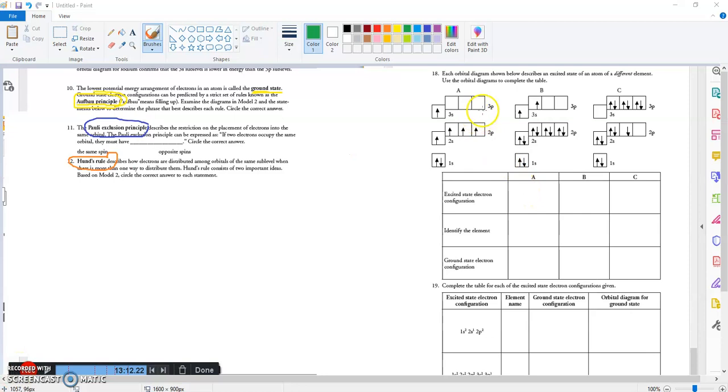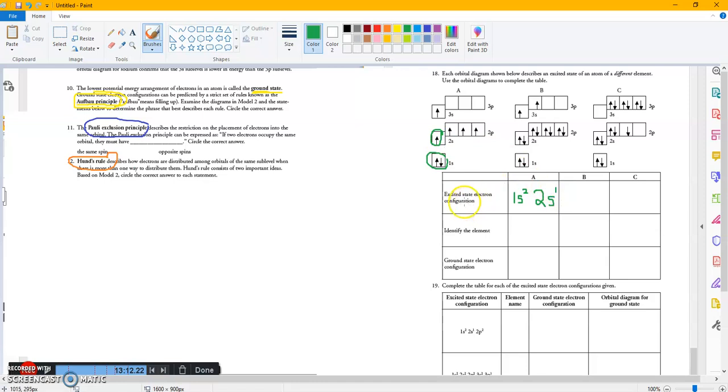All right, jumping down to 18. In this one, they give you an orbital diagram and they ask you to write these 3 things about them. So first off, excited state. In the 1s space, I look over here and there are 2 electrons. So I write a little 2 up here. And that's the first part. The next one, I have a 2s orbital, because that's my next orbital. I always go in the same pattern. And this time it only has 1. And that's okay,